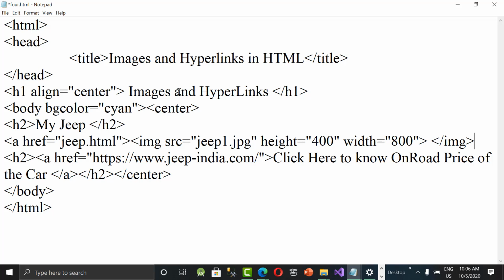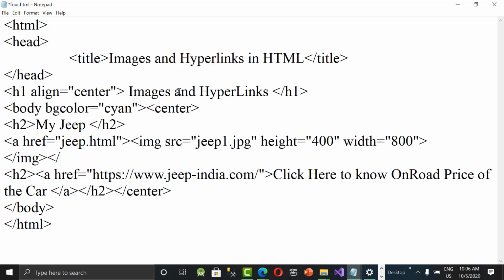Anchor tag close. A tag open, A tag close. In between what do we have? The IMG tag. So this image becomes a hyperlink now. Previously the H2 text became a hyperlink, but now the IMG became a hyperlink. So whenever you move the mouse towards the image, it shows the hyperlink hand symbol.